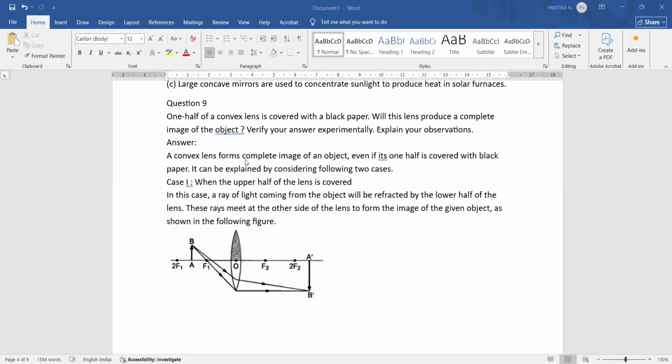तो हाँ ठीक है, हमें तो बस इतना ही चाहिए कि दो रेज जो है वो पास करनी चाहिए और कहीं पे मिलनी चाहिए। तो दो रेज तो पास कर ही जाएंगी, ऊपर से नहीं करेंगी तो नीचे वाले सरफेस से करेंगी, बट बिकॉज हाफ ऑफ द थिंग इज कवर्ड विद द ब्लैक पेपर, तो उतनी लाइट हमें नहीं मिलेगी जितनी मिल रही थी, तो ब्राइटनेस विल बी लेसर, लेकिन इमेज आपको पूरी मिलेगी बिकॉज रेस तो पास करी जाएंगी, बट उतनी ज्यादा रेस पास नहीं करेंगी जितनी पहले कर रही थी। पहले ऊपर से भी कर रही थी, नीचे से भी कर रही थी, एंड ऑल द रेज वर ऑल मीटिंग अप टू गिव यू अ वेरी ब्राइट इमेज, बट अपर पोर्शन नाउ इज नॉट contributing, only lower portion is contributing, so the image तो I will get, but I will not get that bright image as I was getting in the first case.